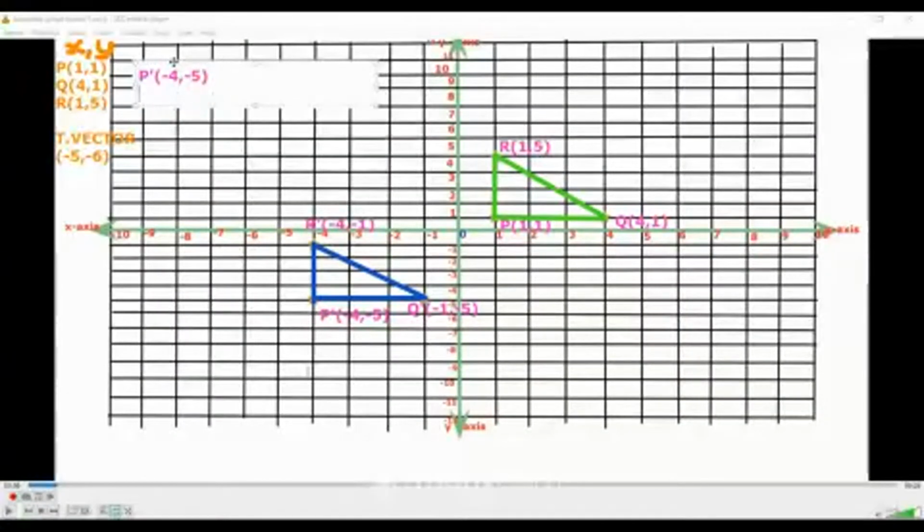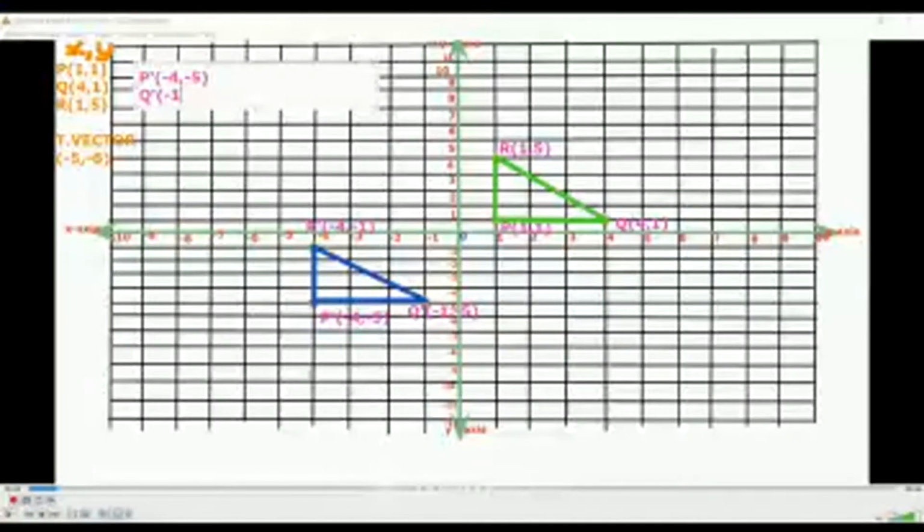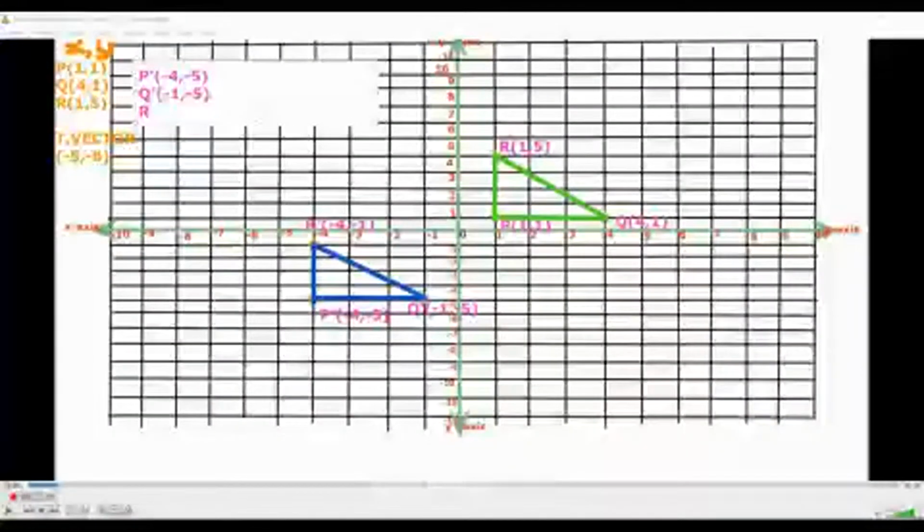Then the Q prime, sorry, and -5. Then the R prime, we also got negative